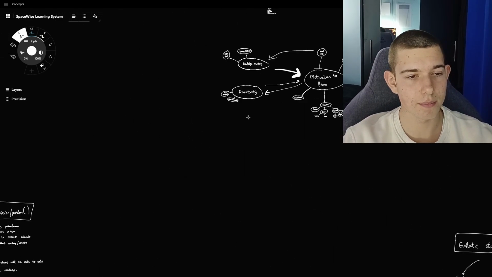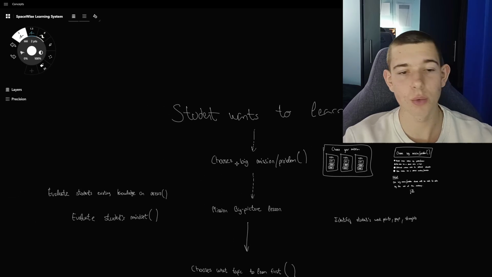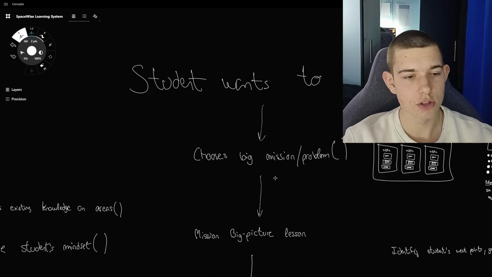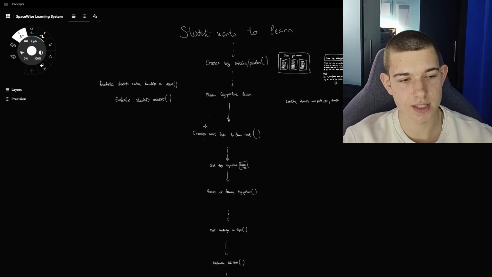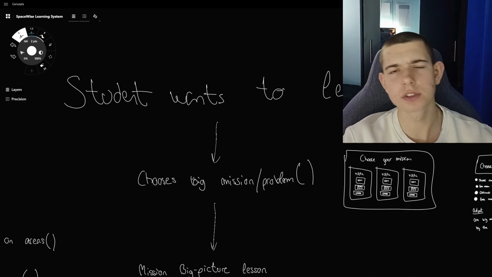So yeah, then how does the student learn? What do I have right now? I'm creating a system, a step-by-step system of how the student will learn. When he enters my app, he first will